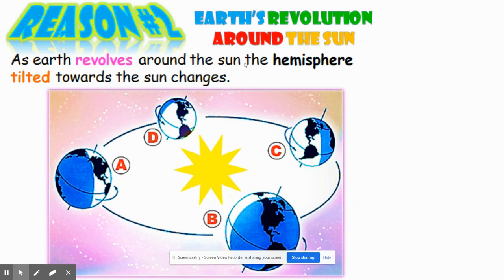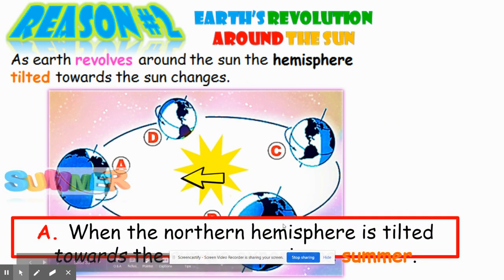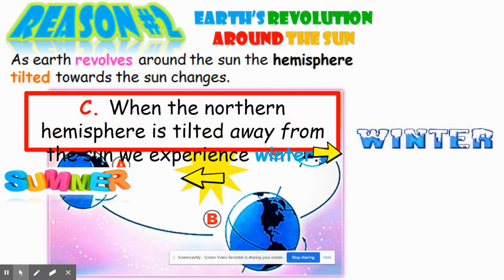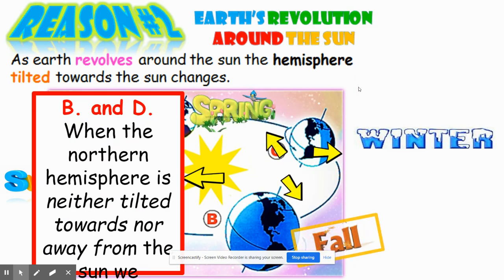The Earth revolves around the sun, and the hemisphere tilted towards the sun changes. So depending on where you are located will tell us what season you are in. So A, when you're in the northern hemisphere, it's tilted towards the sun, and this would be summer. C, over here, it's tilted away from the sun, so that would be winter. B and D is when the northern hemisphere is neither tilted towards or away from the sun, so we have spring or